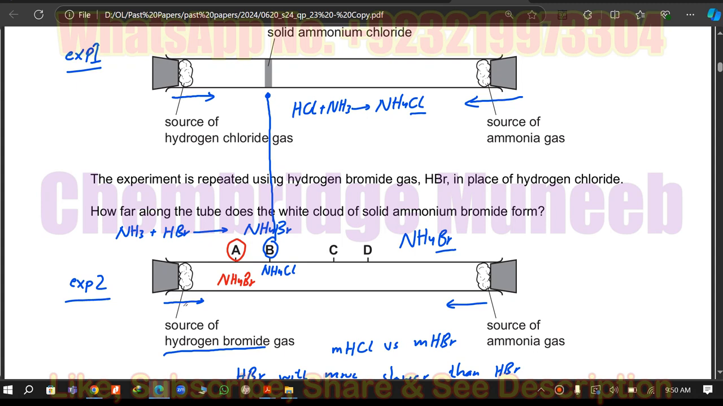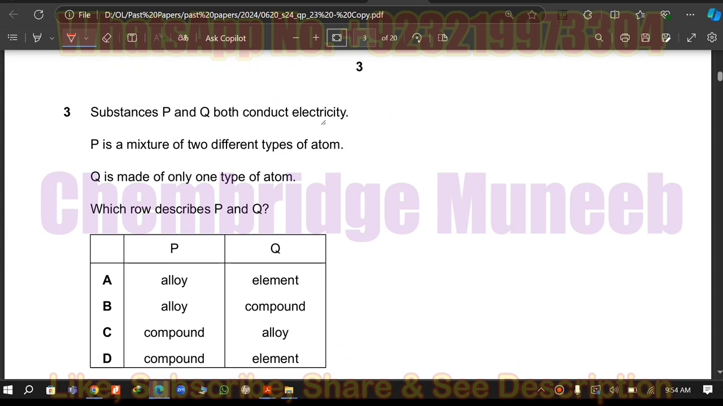I hope the students got the answer, got the concept, and are clarified with this question. So A option is the right one. Now the next question, number 3,